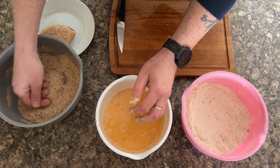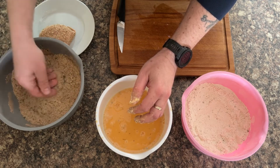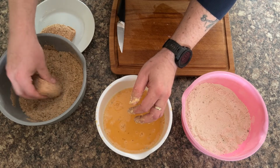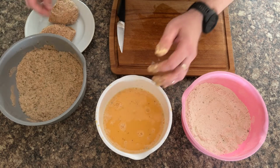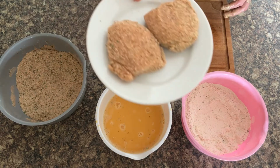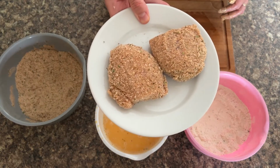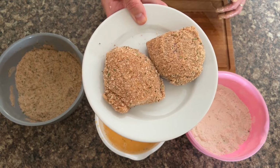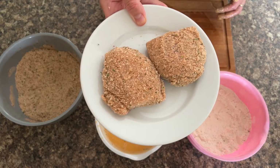And then if you're unsure that it's got enough coating on, just add some more, because you don't want any bits of your chicken that are missing the breading. And then once you've done that, load them on the plate, and then they're ready for air frying. Or if you're into make ahead, you can just leave them in the fridge and then cook them for dinner